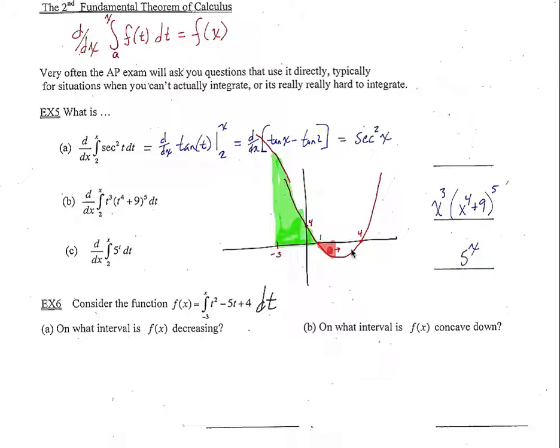And you can see from this graph that the f of x is decreasing. Right? So this area, that's the total accumulated area, is going to get smaller between 1 and 4. Right? Now, if you didn't have this picture, if you didn't take t squared minus 5t plus 4 and graph it and do the analysis that I just did, you can still do this by just going back,